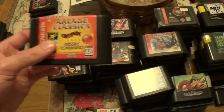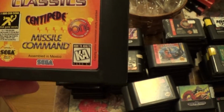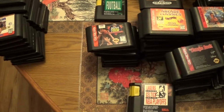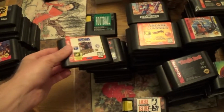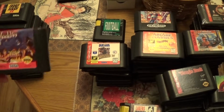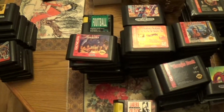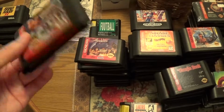Arcade Classics, which contains, let's see if I can see it, Centipede, Pong, and Missile Command. 3 games in 1. World Series Baseball 96. This one I also used to have. Aladdin, or Disney's Aladdin. No introduction, fantastic game. Taz in Escape from Mars. I also used to have this one,